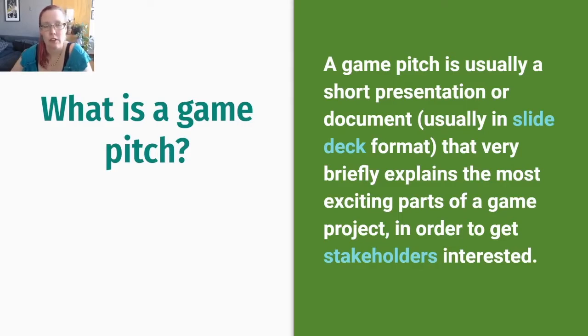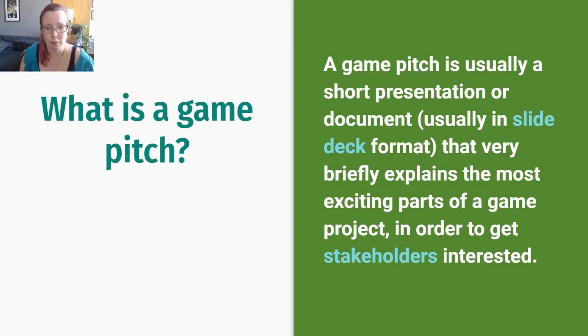So the things to keep in mind here are that it's usually presented in person, sometimes via email, or both. Usually if you present in person, you also send an email summarizing the same information. And the point, it has to be very concise because people don't have a lot of time. You want to respect people's time. It has to be very exciting.